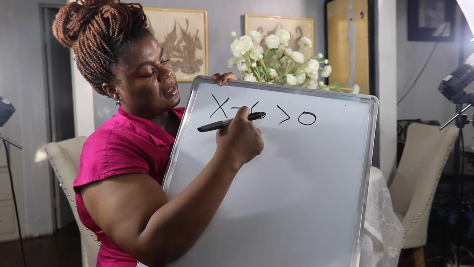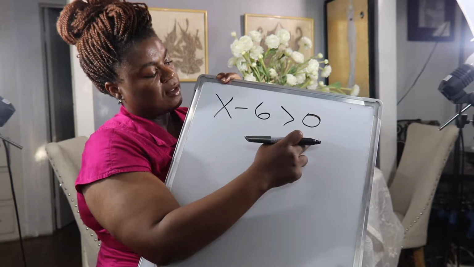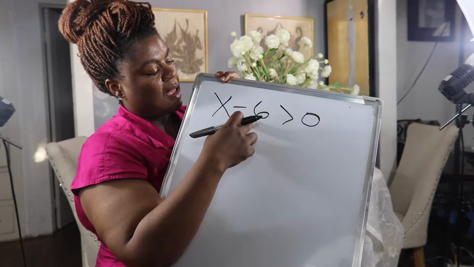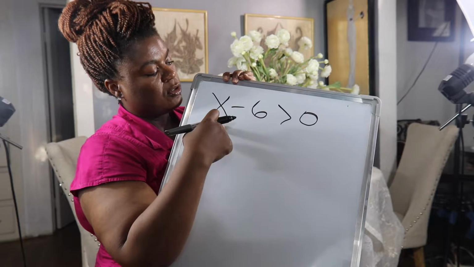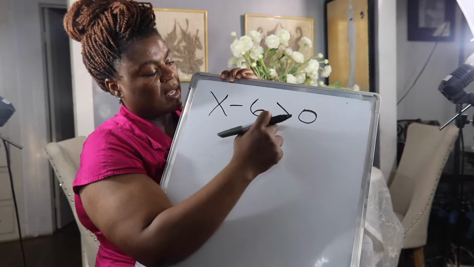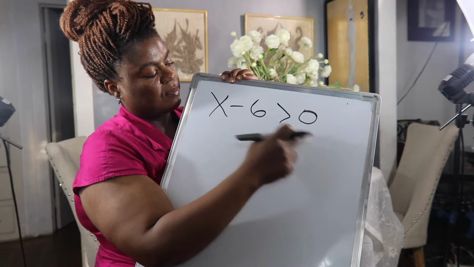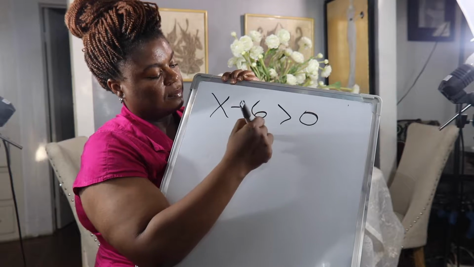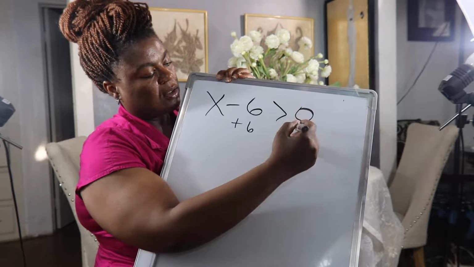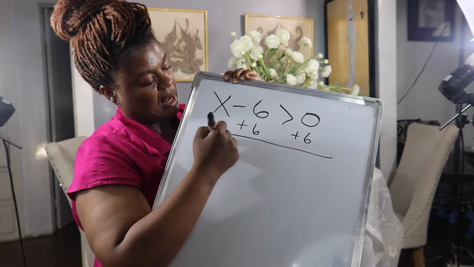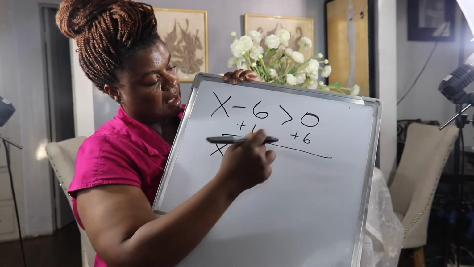x minus 6 is greater than 0. We want to isolate the variable, which is x, and in order to do that, we have to move this negative 6 to the other side of the greater than sign as its opposite. So negative 6's opposite is positive 6. What I do on the left, I also have to do on the right. So now I have x, that becomes 0,